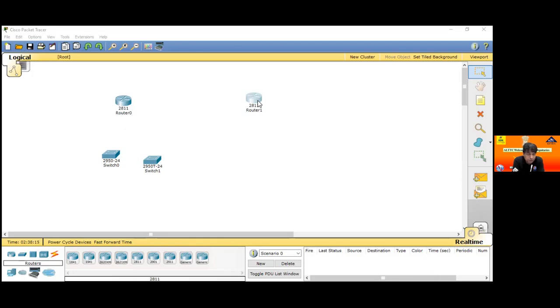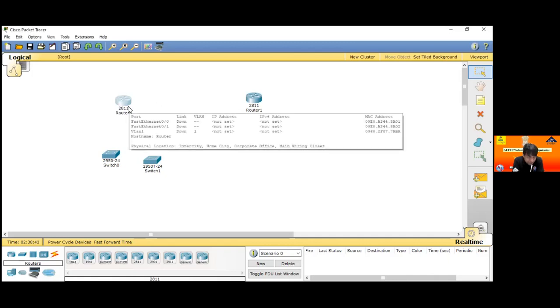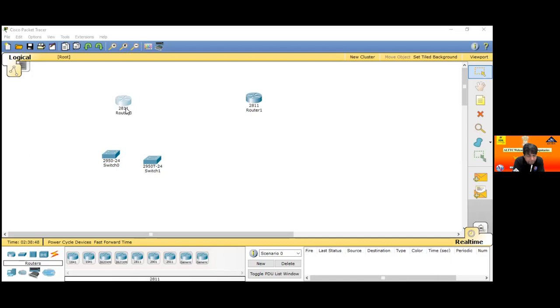Okay, so first go to router 0 where it is written, click there with the mouse. Yes, just below the router, the writing location, router 0. Now move your mouse where router 0 is written and click on this location, just below router 0.